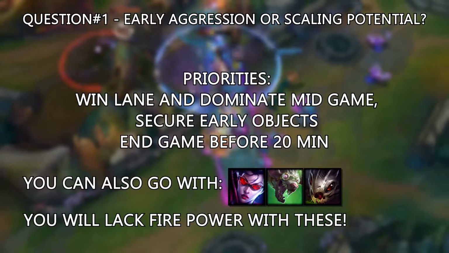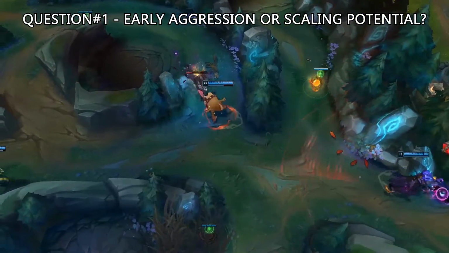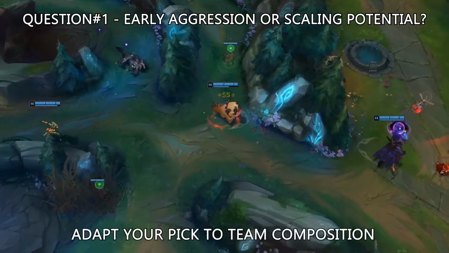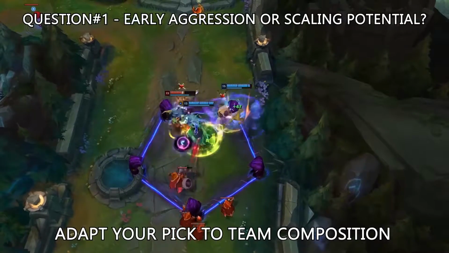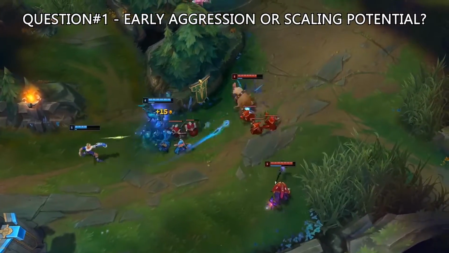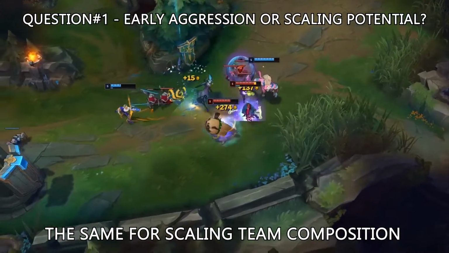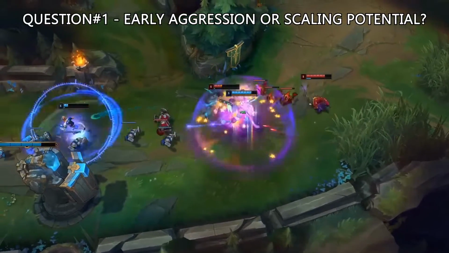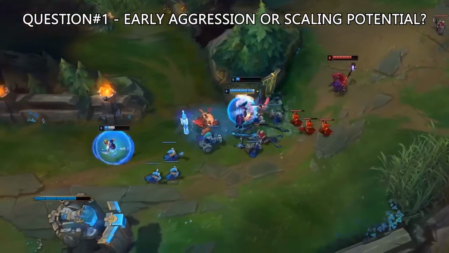So the point is, if your team picks aggressive early game champions for all lanes and they just want to end the game before 20 minutes, it is strategically better to go for early aggression and try to win every lane in order for the plan to be more successful. The same idea applies to scaling team compositions. If you happen to see Ryze on top, Ryze mid, a scaling support instead of an aggressive one, when your team is just telling you they are aiming for a long run,